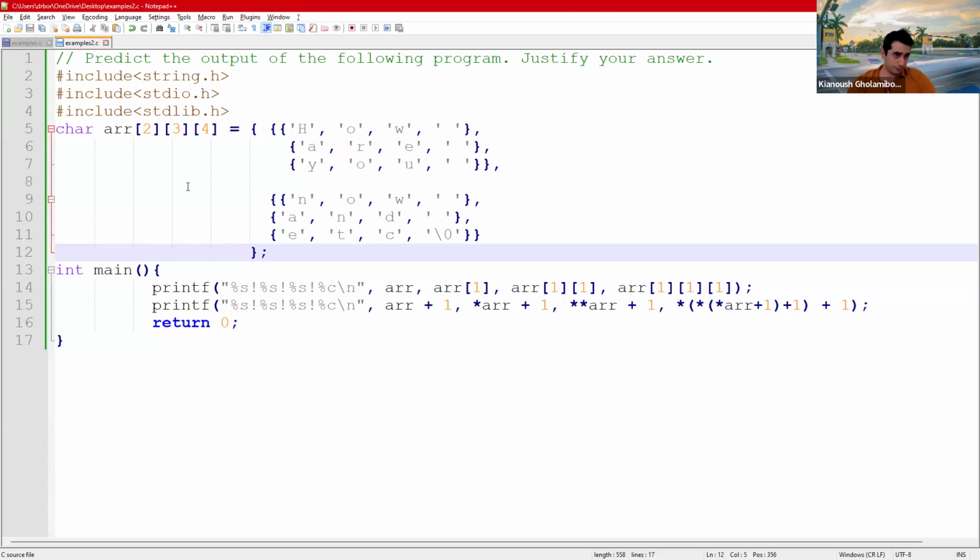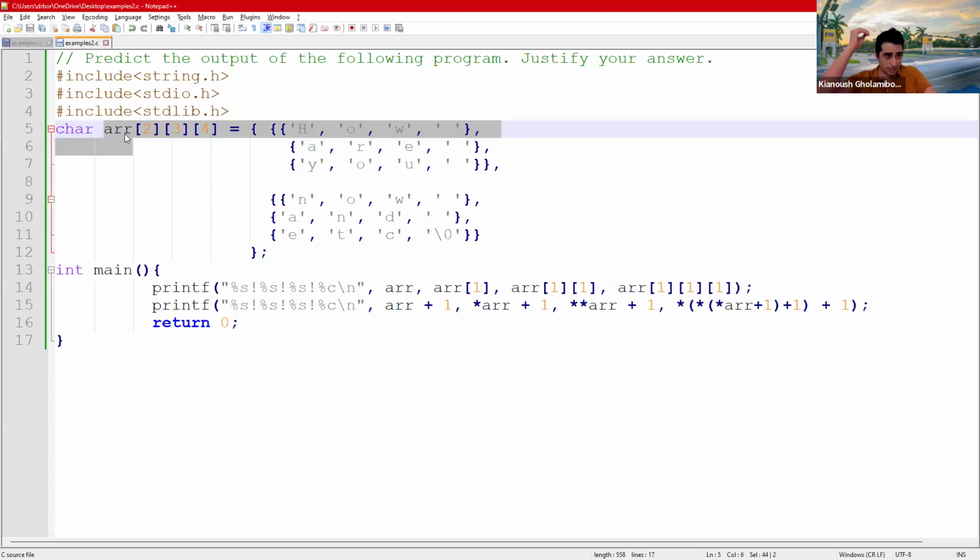This example is fairly simple. You have an array of characters. We call it R, and that's basically a 3-dimensional array. The first dimension has 2 elements, the second dimension has 3 elements, and the third dimension has 4. That basically means